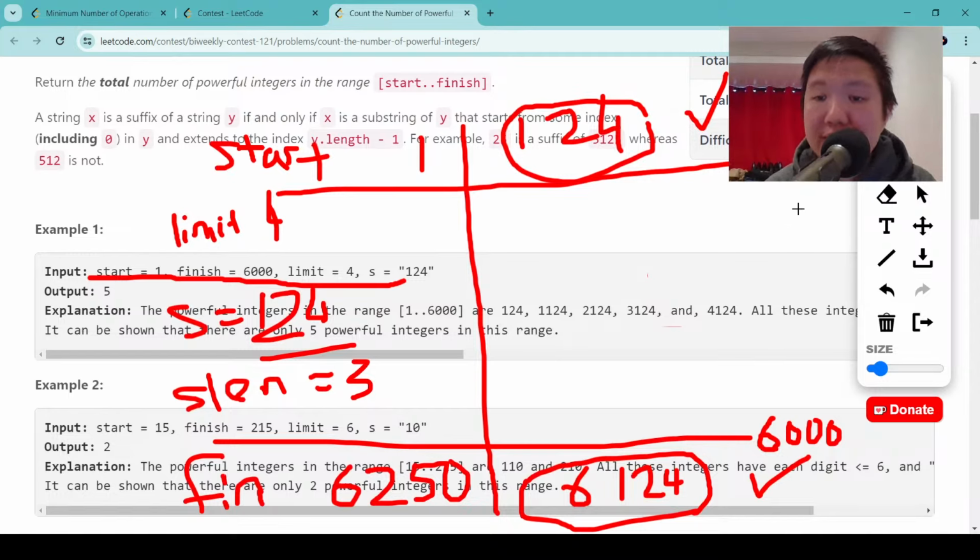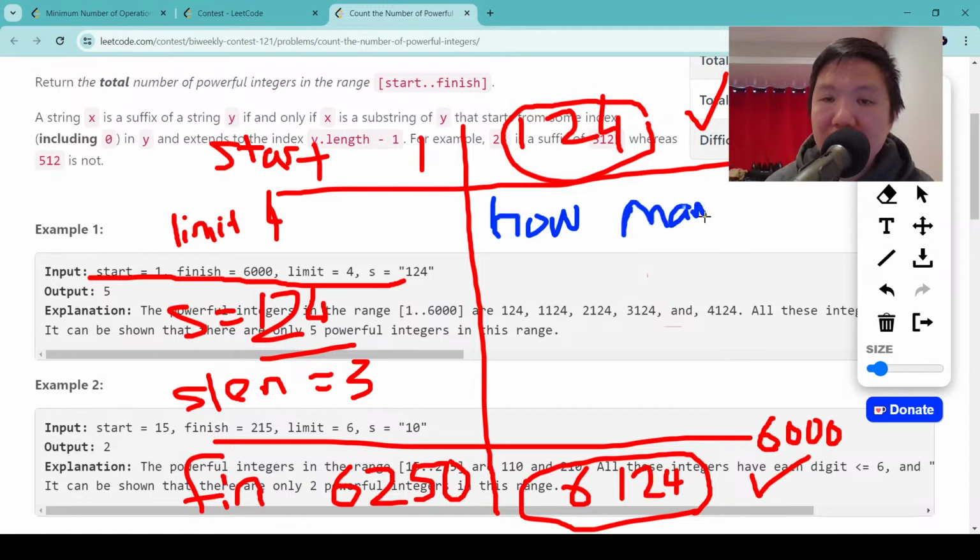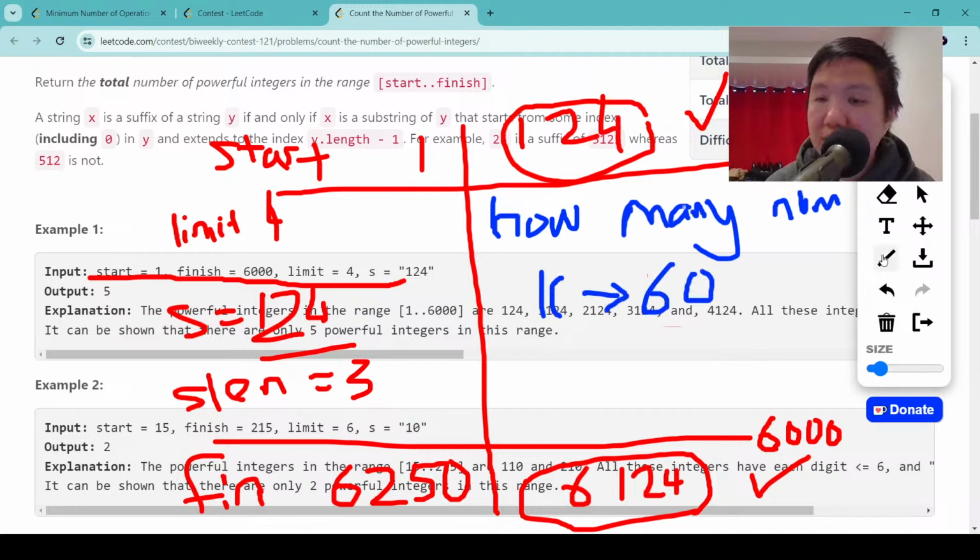So this is where we eliminate 124 from the equation, because essentially what we want to do here, you're going to count how many numbers from 1 to 60. Oh, sorry, from